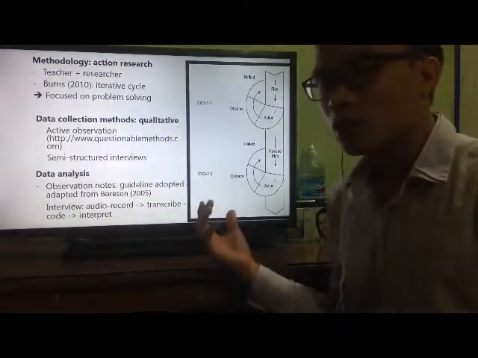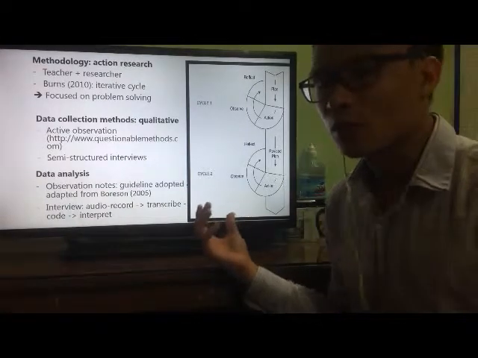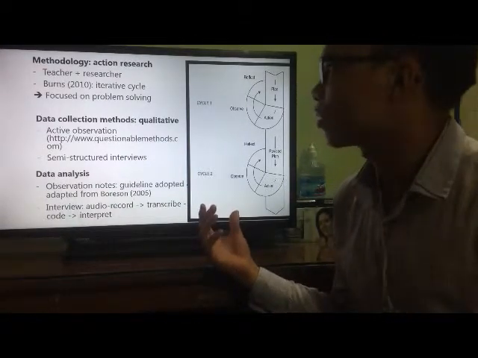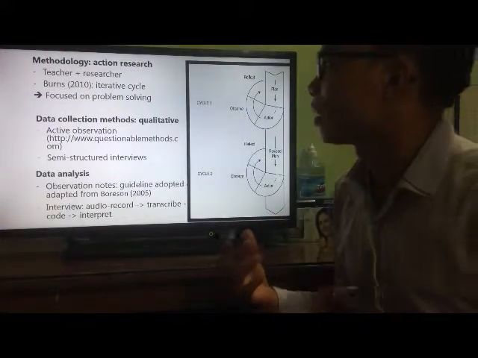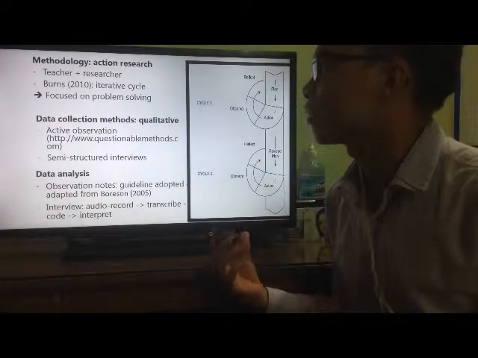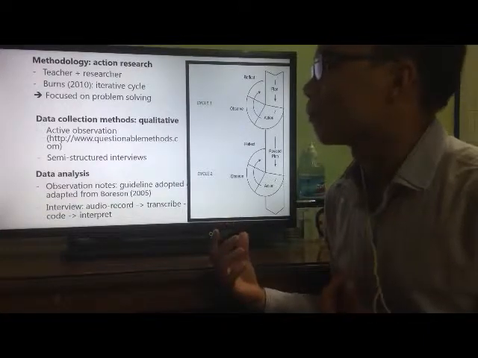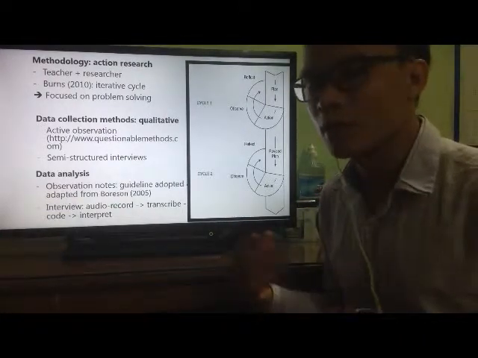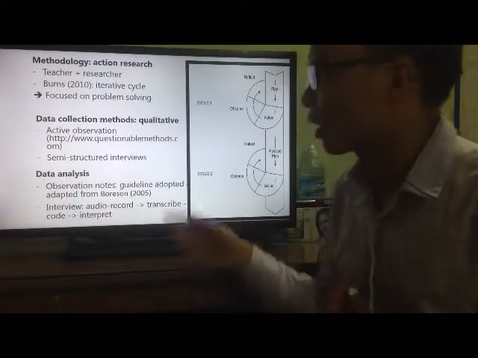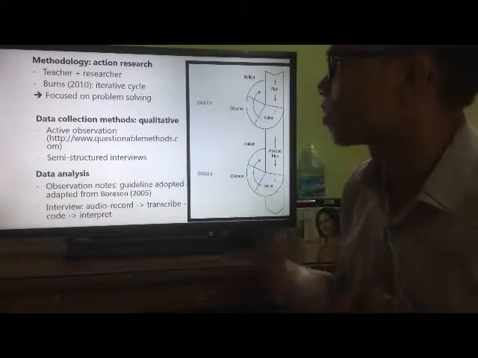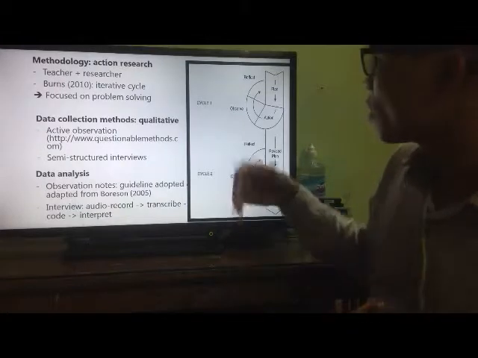Regarding the methodology, I am going to use action research for my current research. Action research is characterized by the role of the researcher. In this kind of research, the researcher also takes on the role of the teacher, and also according to Burns (2011), action research is